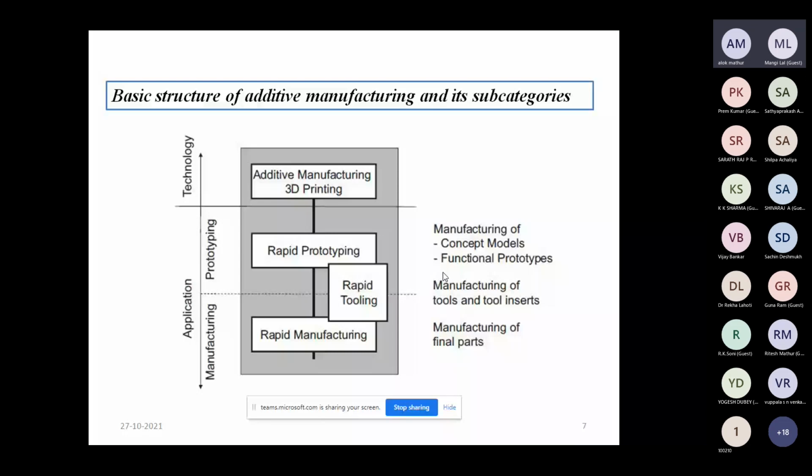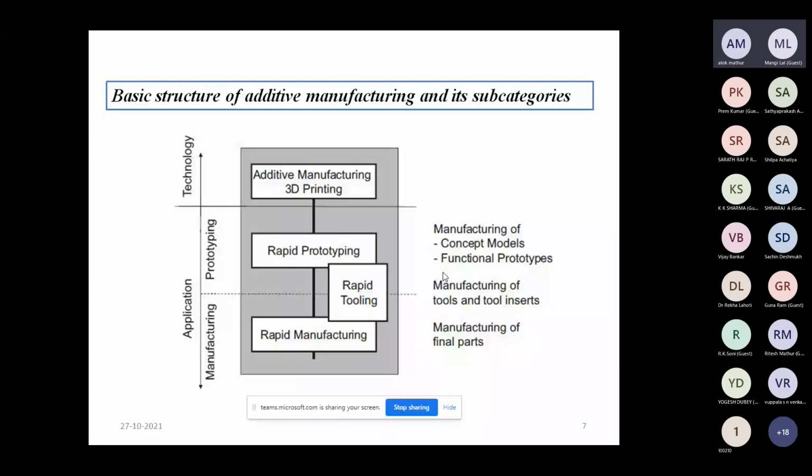The applications of these two techniques are in rapid prototyping, so that we can visualize the product before its manufacturing in the form of a prototype. And we can also generate the direct end use product with rapid manufacturing.